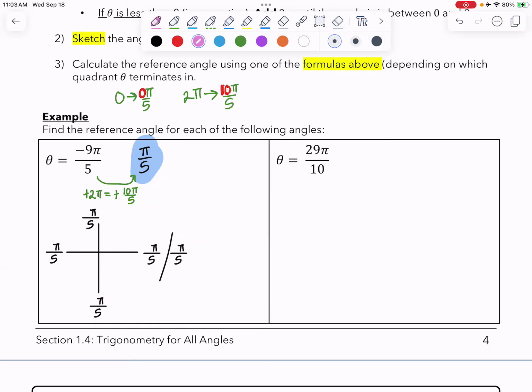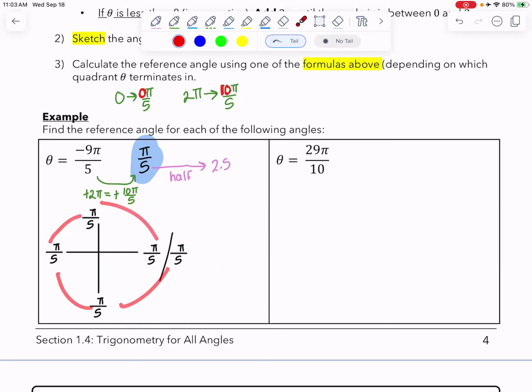So half the denominator is 2.5. So I'm going to add that each time I move counterclockwise. So I start with 0 pi over 5 plus 2.5. So 2.5 pi over 5 plus 2.5, 5 pi over 5 plus 2.5, 7.5 pi over 5 plus 2.5, 10